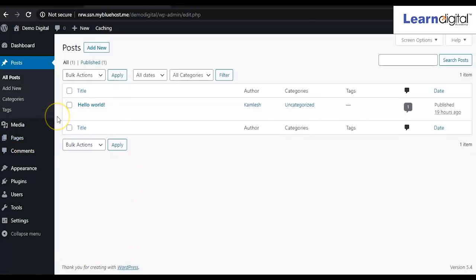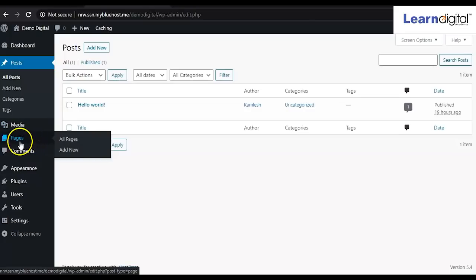So for creating pages, you have to go in the pages option, and here all pages and add new. As right now we don't have any pages, so simply we can click on add new.